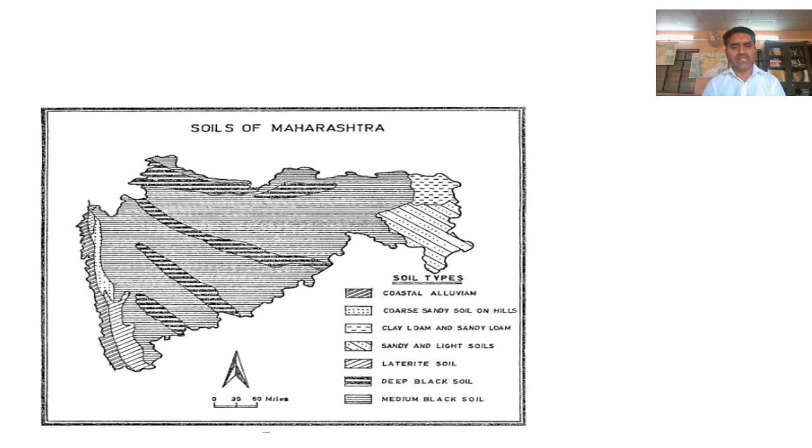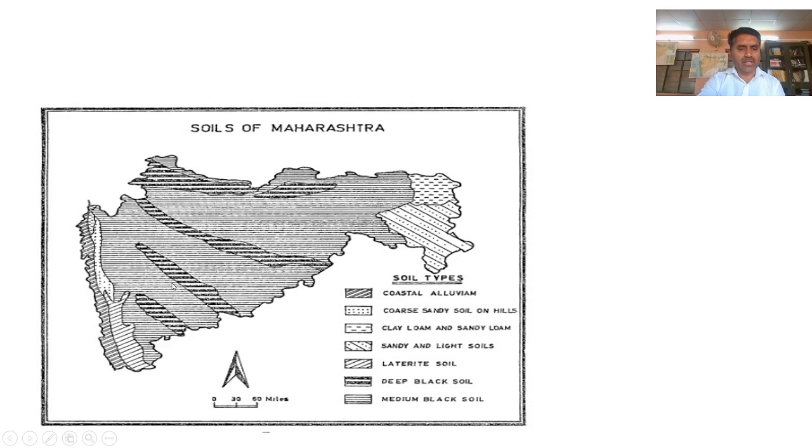So you can see here the distribution of soils in the map of Maharashtra. In the index you can see where these particular types of soils are found in Maharashtra. So these cross lines are coastal alluvium soil. Here you can see it in the coastal part of Thane, Raigad, Ratnagiri, and Sindhudurga. There is coastal alluvium soil. Coarse sandy soil on hills, coarse sandy dotted,